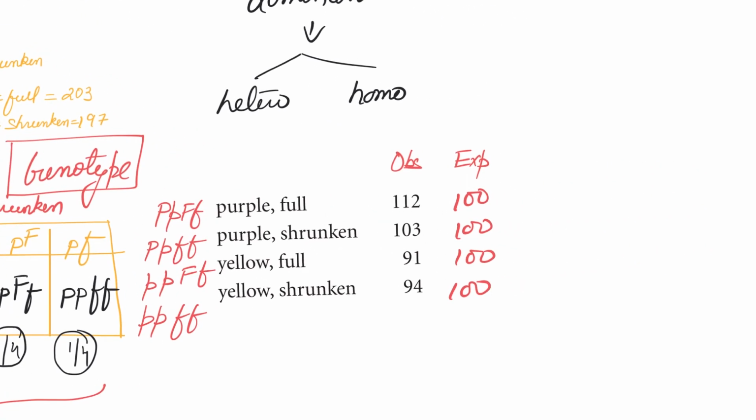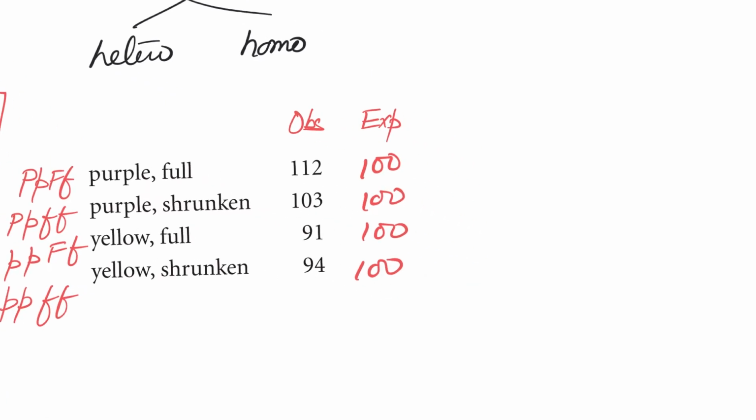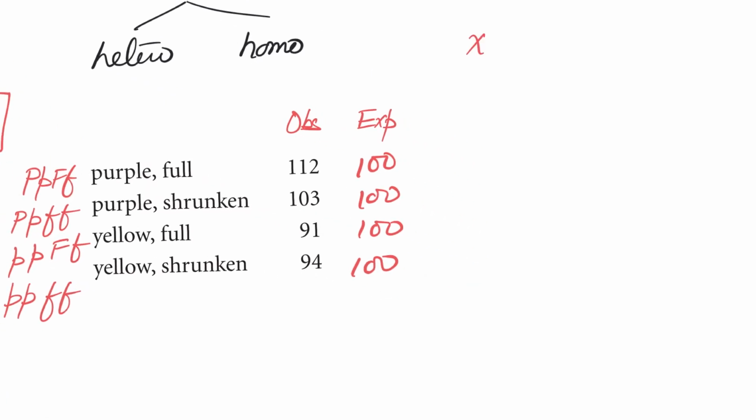Now we must make sure that our assumption is statistically correct. So we have written expected and observed, right? Now how do you find out if it's correct? First of all, you find the chi-square test. How do you find the chi-square test? That is